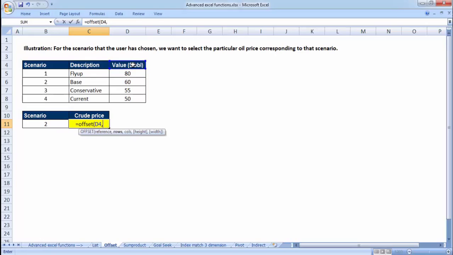Now Excel asks us for a particular format for rows. What Excel means to say here is that using the reference cell as D4, to find the value that we want to get for the crude price, how many rows up or down do we have to move? Now, one thing is very clear, that in order to choose scenario 2, we would have to move down 2 rows from cell D4 to come to value 60, because my scenario 2 is exactly 2 rows down from cell